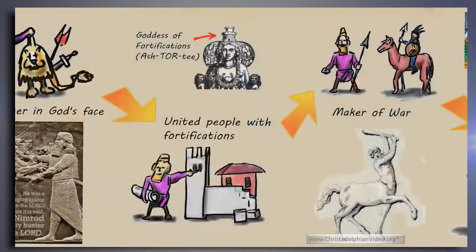And Nimrod comes along and goes, hey, I've got a cool idea. Let's start hunting against lions, and then maybe we could go one step better. We could fight against other people with horses. And so he goes out and starts fighting with horses, and he's now the divider. So he brings people together. He's the unifier by fortifications, but he's also the conqueror and divider. And the symbol of him is always used with a club and as the king of the centaurs.